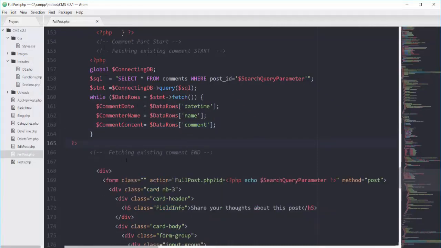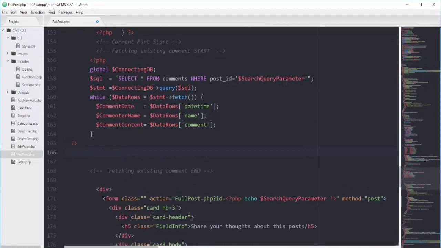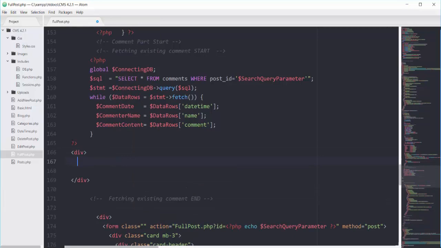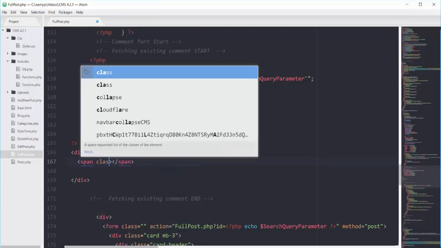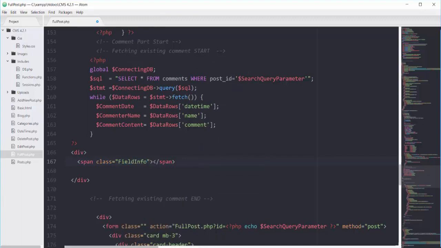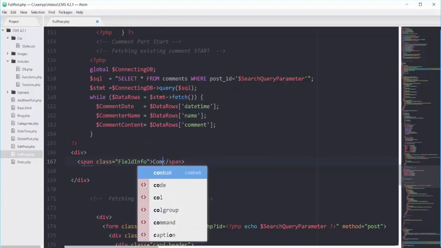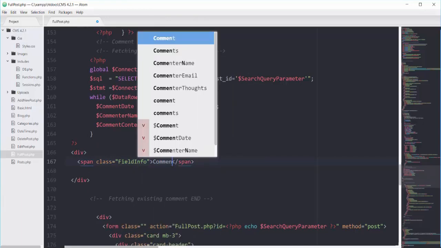Then we have to show all of our comments in an HTML section. So I will use Bootstrap media objects. I will have this div. We will start this div with a span of class field info, and I will put comments as text here.